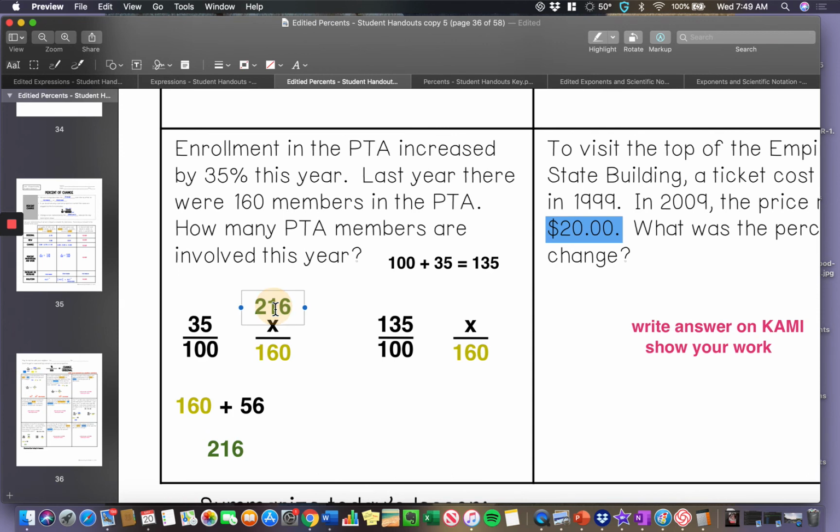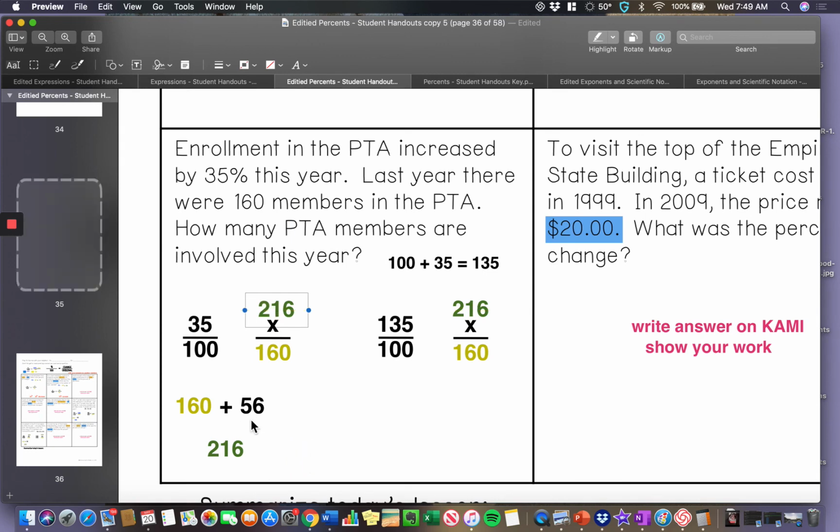So either way, we get both numbers. With this way, we're representing the percentage as the new percentage, right? So I have 135% being represented here, but over here I have the increase represented by 56 new PTA